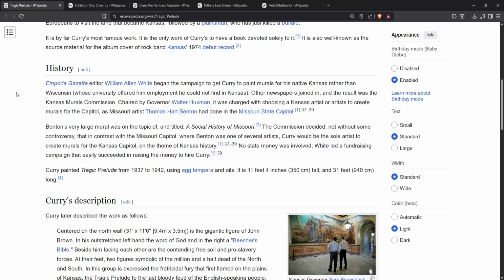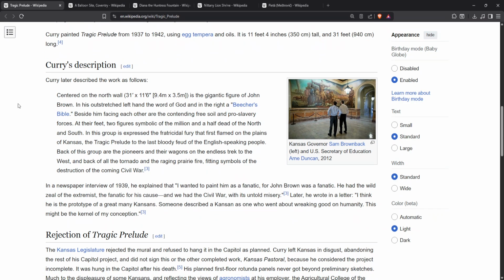Curry painted the Tragic Prelude from 1937 to 1942 using egg tempera and oils. It is 11 feet 4 inches, or rather 350 centimeters tall, and 31 feet, 940 centimeters long. Curry's description: Curry later described the work as follows. Centered on the north wall, 31 by 11 foot,